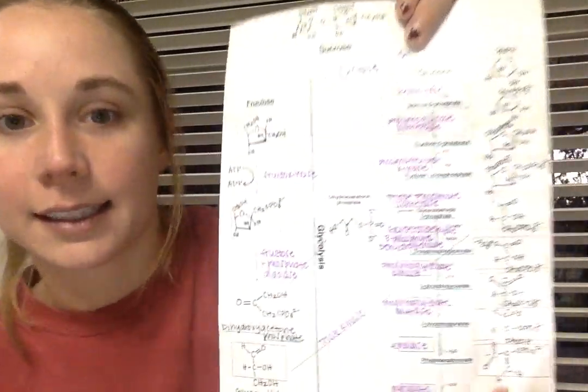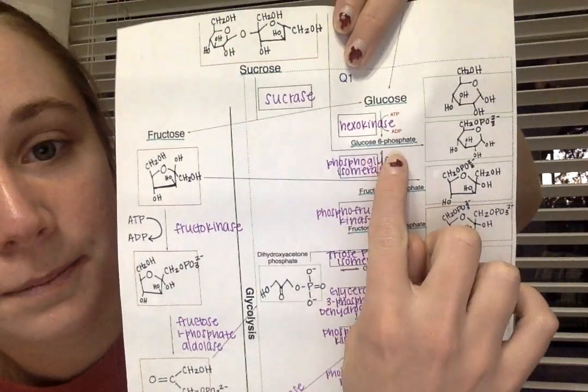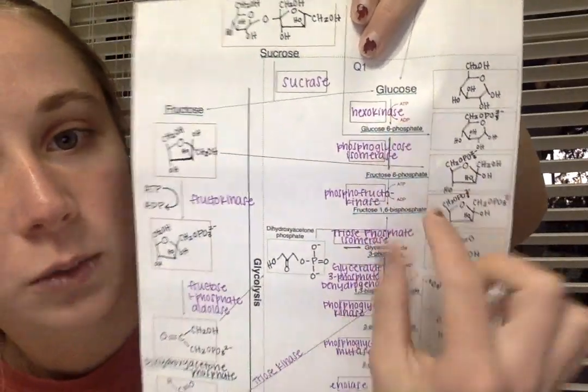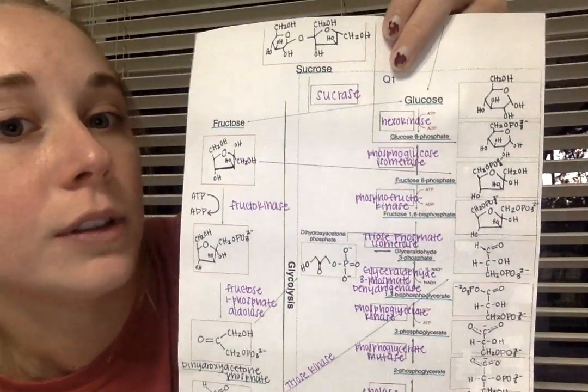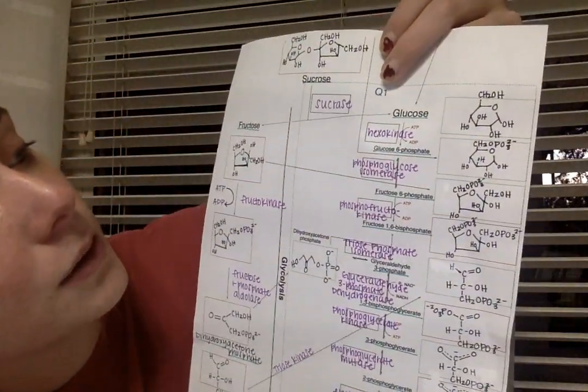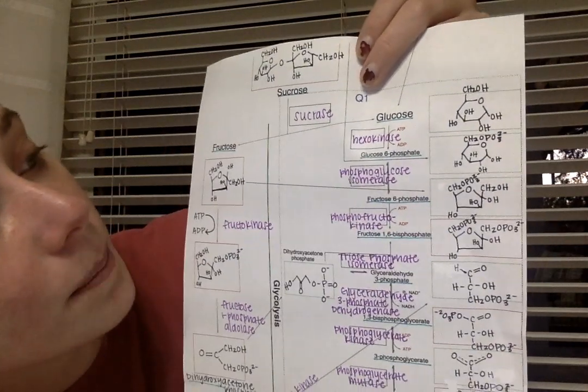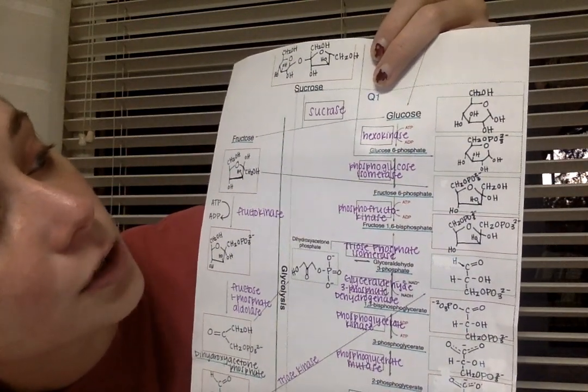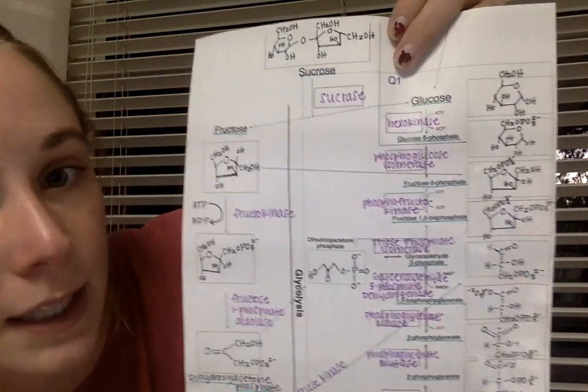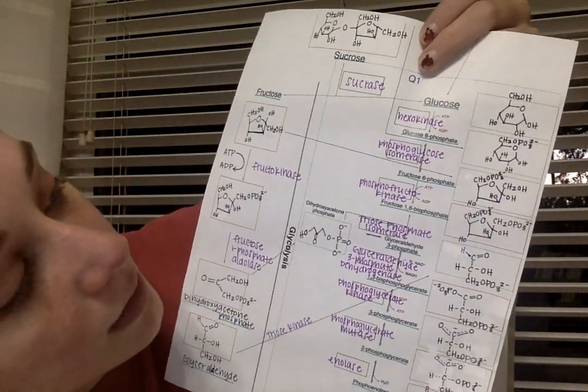As you can see, within 3 of these steps, there are 2 ATP molecules used, and the enzymes that help are hexokinase, which takes ATP and makes it into ADP, as well as the